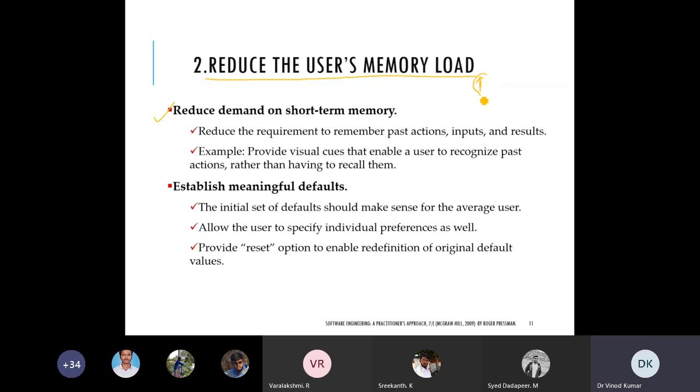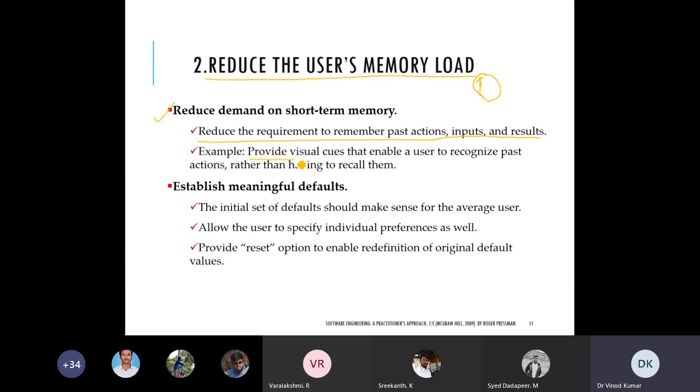It is not recommended to make the user remember many things. So reduce the demand on short-term memory, the requirement to remember past actions, inputs, and results.